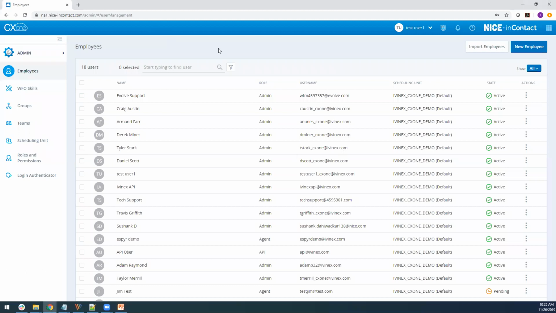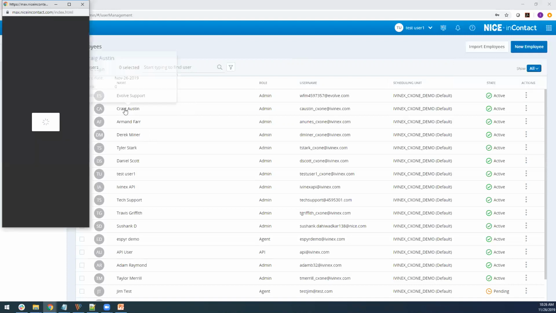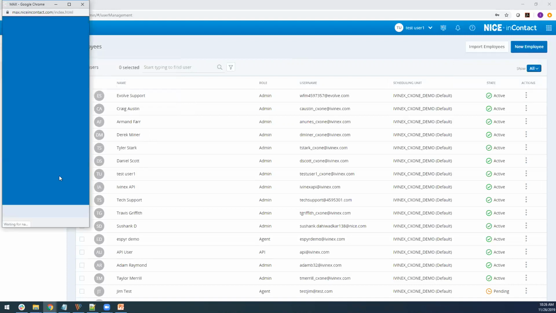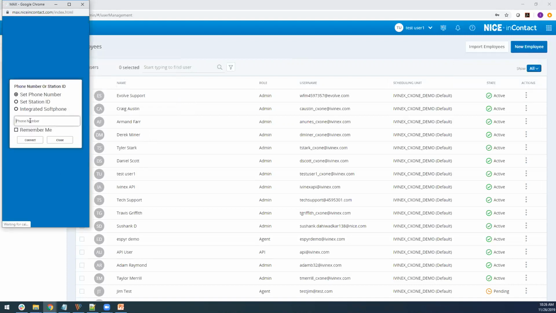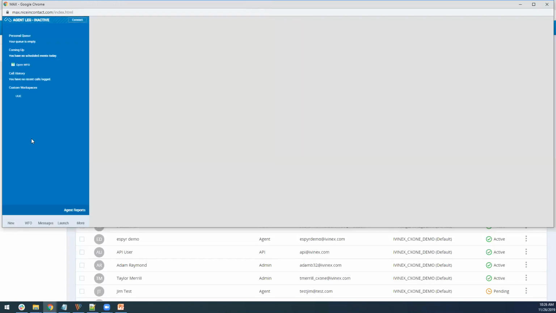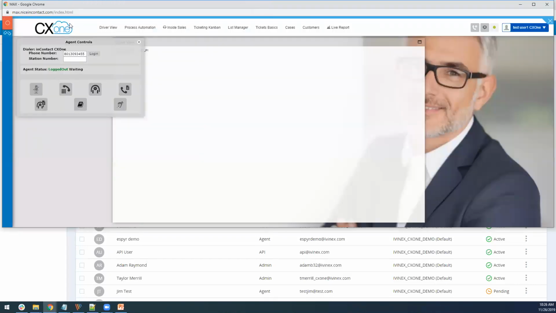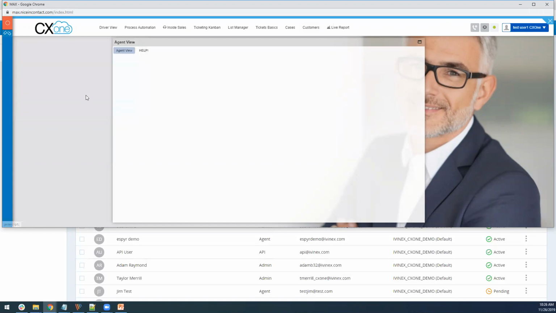So let's say that I've already logged into the CX1 platform as an agent, and then I'm just going to come in here. I'm going to launch my Max dialer, and in this case, I'm just going to use my mobile phone for the demonstration and make that connection. There we go. All right, and now that UUE is pulled up, you can see it's already connecting automatically